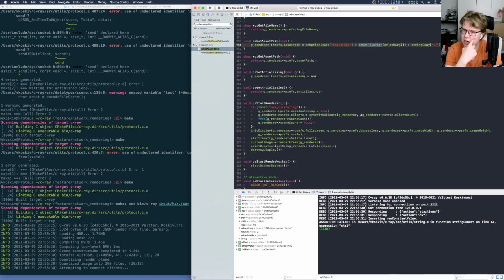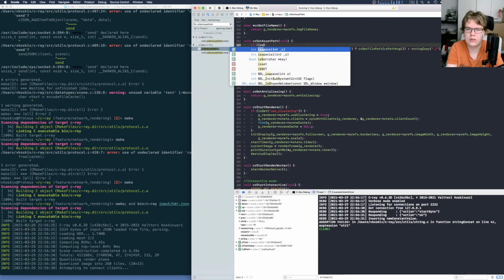But I think we can get rid of the asset path. When we store into the file cache, we can just strip it there. I don't know how I'm going to do that yet, but yeah, on this side, it's like if is set